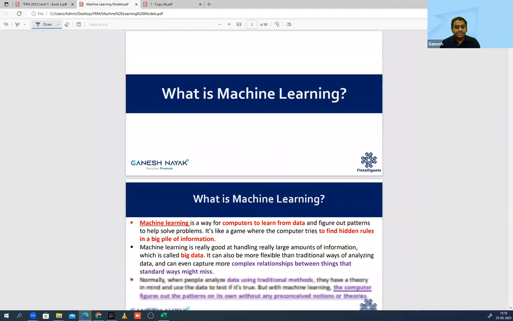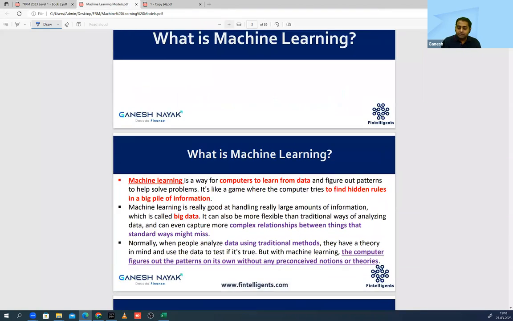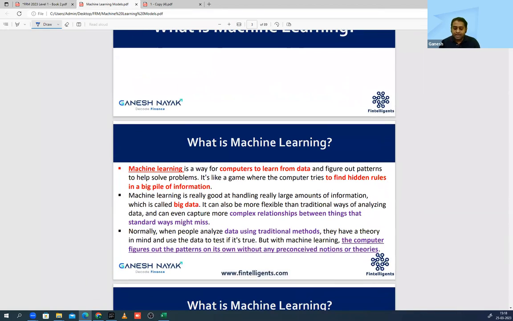Before we go into this paragraph, I want you to look at this first slide, and I'm assuming everybody is able to see it. So what exactly is machine learning? It's a computer's way to learn from the data. Very simple. And why are we using machine learning? This is an important point.